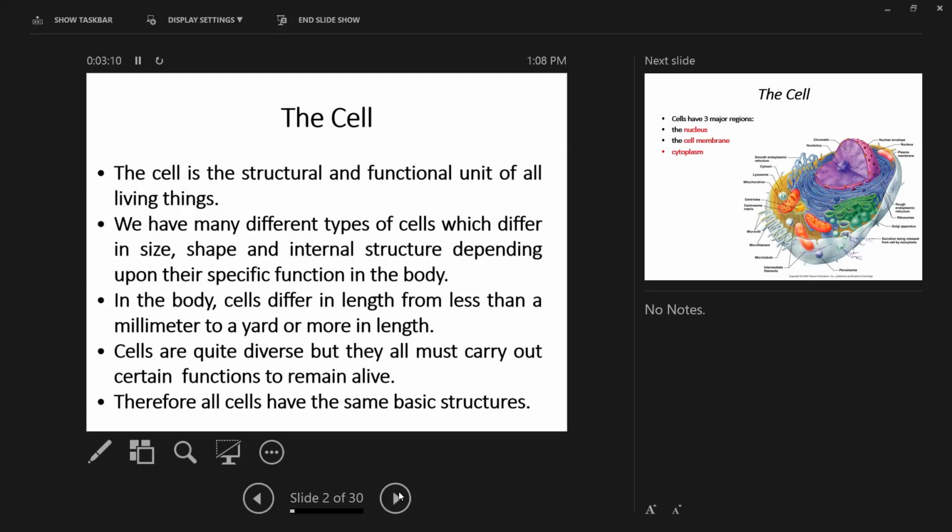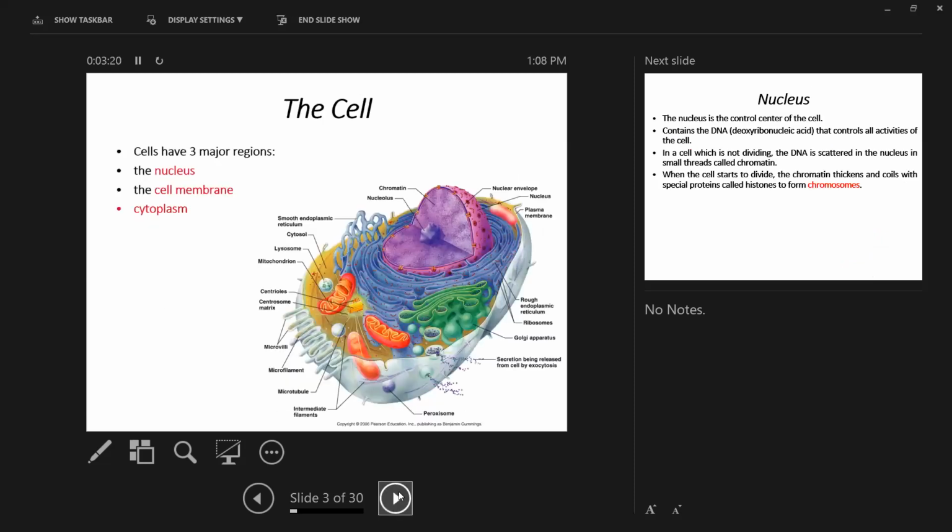Simple columnar cells, just like simple squamous, are very, very tiny cells, but they're all doing a job. They all have the same basic type structures. Now, this is a cell, more or less. But nearly every cell in our bodies has the same basic structure. They have a cell membrane, which surrounds the cytoplasm, which is the goop inside the cell membrane, the goop inside the cell. I've heard it described as cell sap,